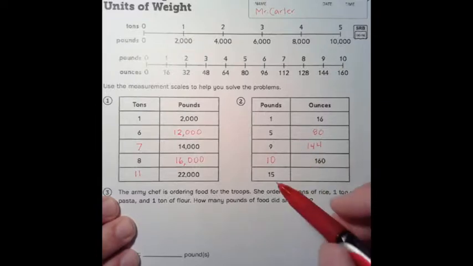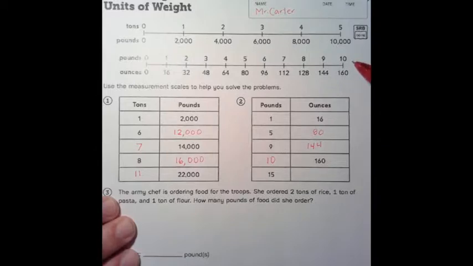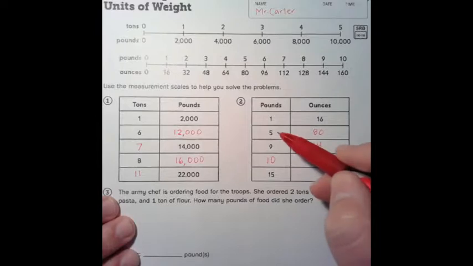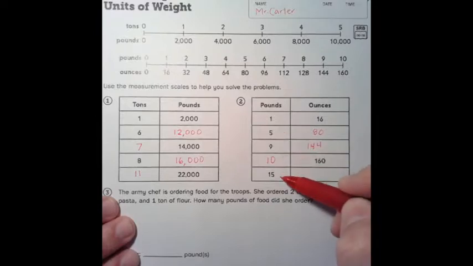So now we have one here, 15 pounds. It's not on our measurement scale because the scale only goes up to 10. But what we can do is go 10 pounds plus 5 pounds equals 15 pounds, correct? So if we do that, if we add 160, which is how many ounces are in 10 pounds, to 80,